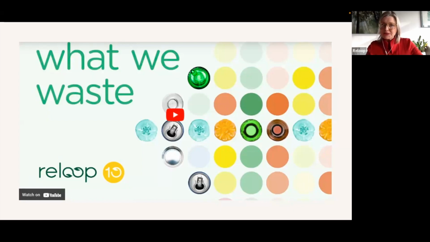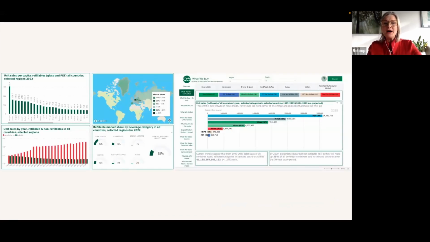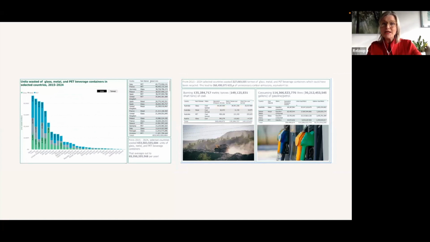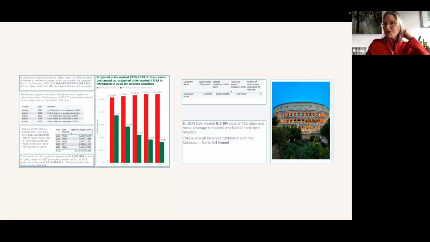Lastly, a tool that we just released. It's called the What We Waste Dashboard, and you can watch a video, you can see a training session, you will see a slew of very illustrative data representations, what's going on around the world in over 210 countries. We invite you to get training. We invite you to seek out some of the very valuable information on this dashboard. This is the first of several dashboards to be introduced in 2025 and 2026. So keep an eye on Reloop. These are very helpful tools for all of you. And there are some really interesting dynamics on these dashboards that you have control over.